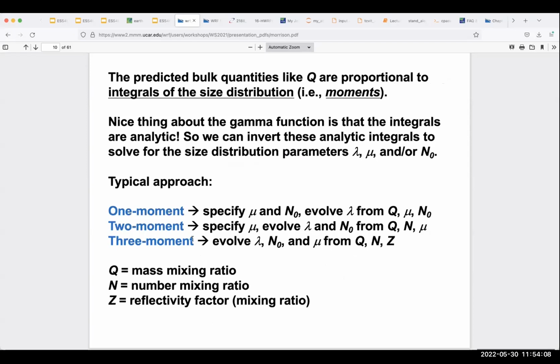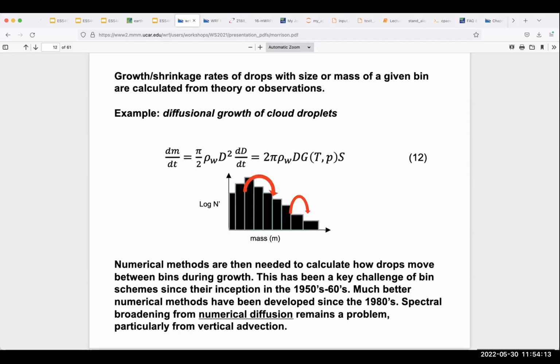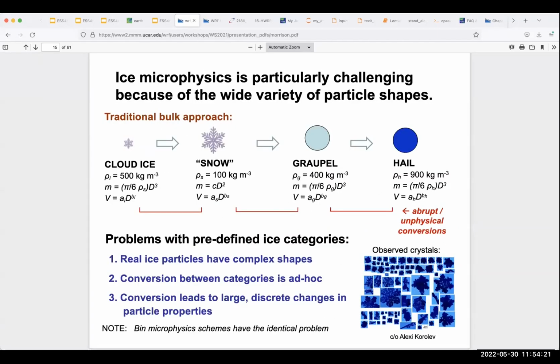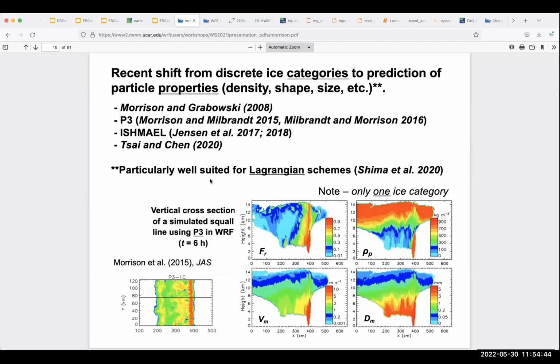But these authors start to use another approach to formulate it, not to classify, say, graupel and snow as two categories, but use some continuous number to model it. So this continuous number is called properties. So it is predicted particle properties. So this approach